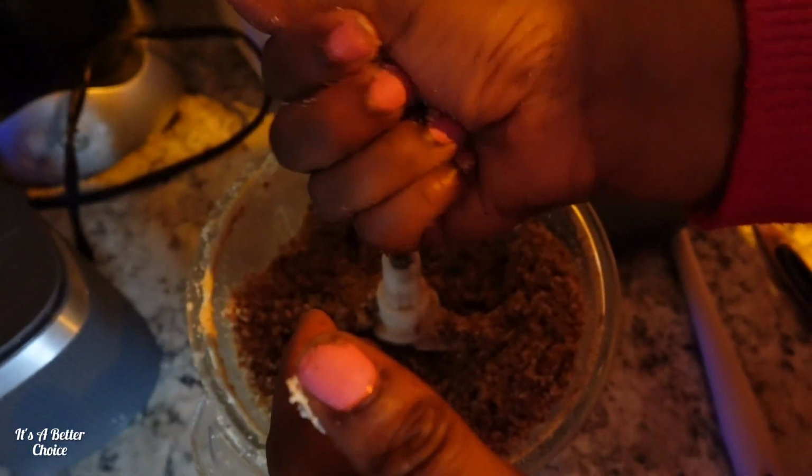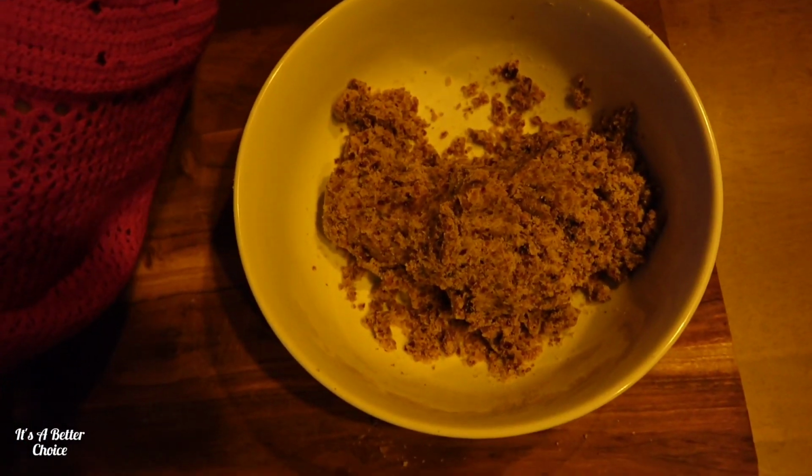See what it looks like. You want to make sure that once it's done you can make a ball out of it. You see that? It has to be a ball so you can turn this into your crust. All right, so now make sure you have a